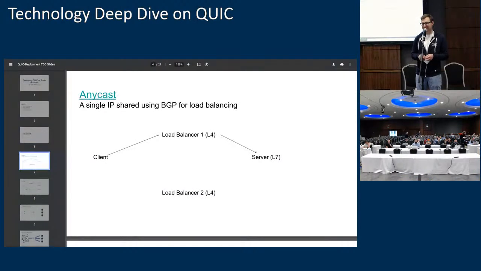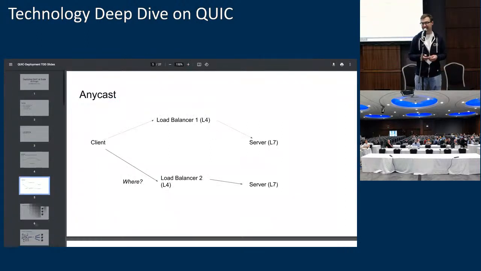There we go. So this is essentially the situation I was talking about, where we have an anycast address. We're using an L4 load balancer, or in this case a slightly more intelligent L4 load balancer that is QUIC aware, and we're sending it to an L7 server of some sort, whether it's an application front end or another layer of load balancers. And so again, if you have flapping or anything else, next slide,